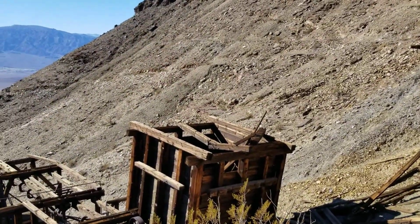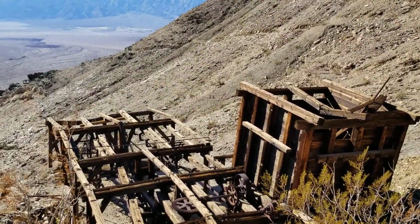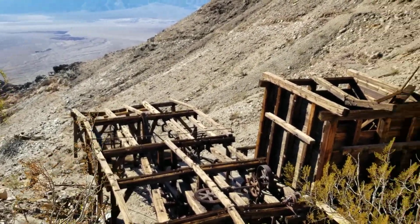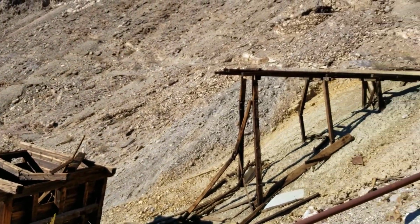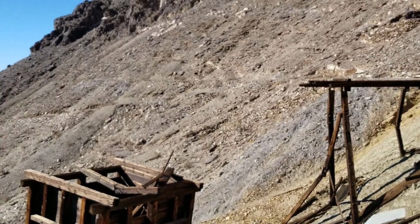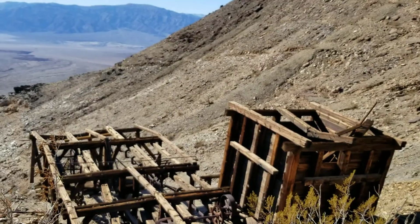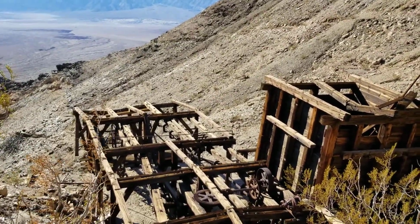And they landed an initial investor from Ballarat, 70 miles away. But in 1905, the investor looked at this area, and I can see why. Wow. He pulled out because it just looked like, how are you going to extract gold from these hills? And so in 1906, John Campbell and Homer Wilson, through their San Francisco company, invested in the